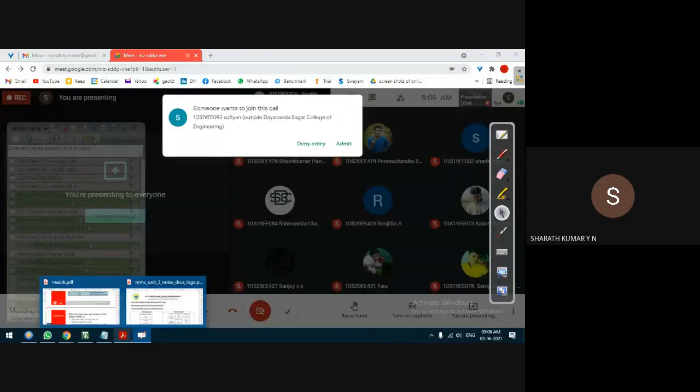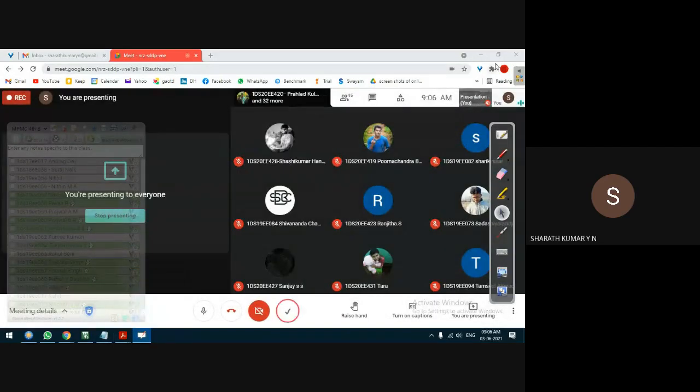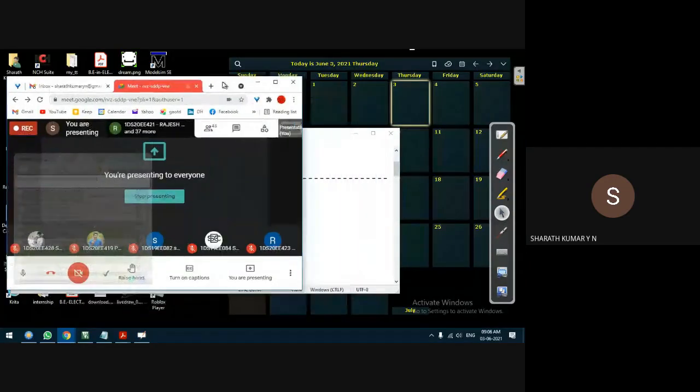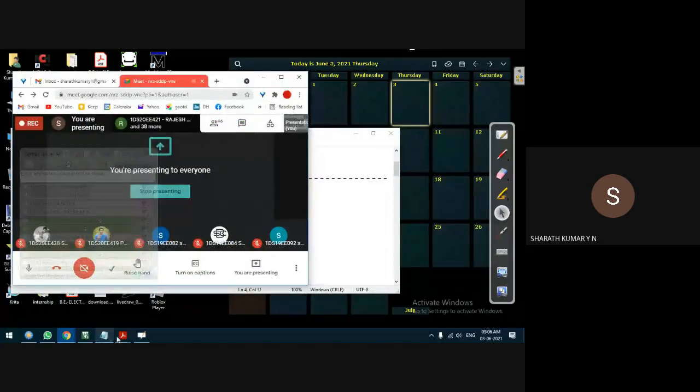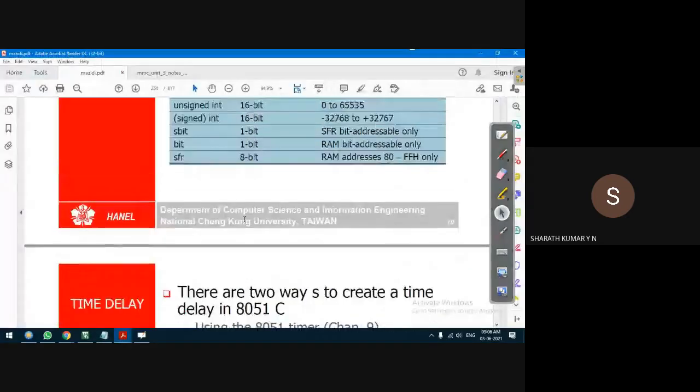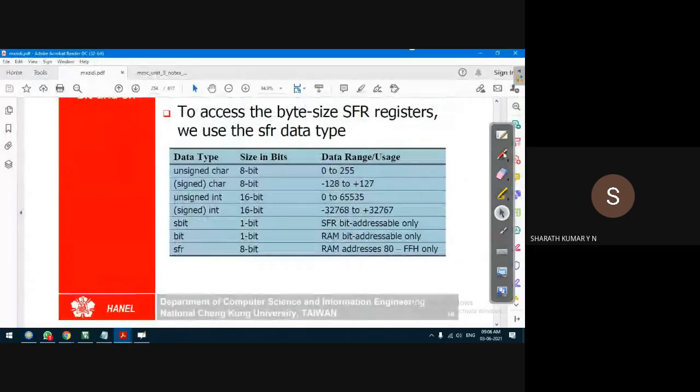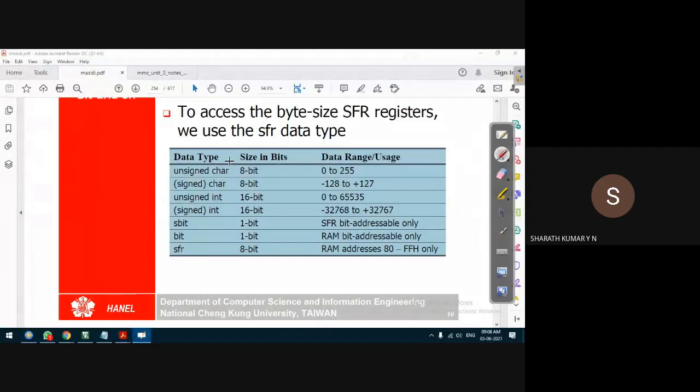So last class we saw that embedded C program is used to program the microcontroller. There are basically five variable data types: character, integer, integer, SBIT, and SFR.